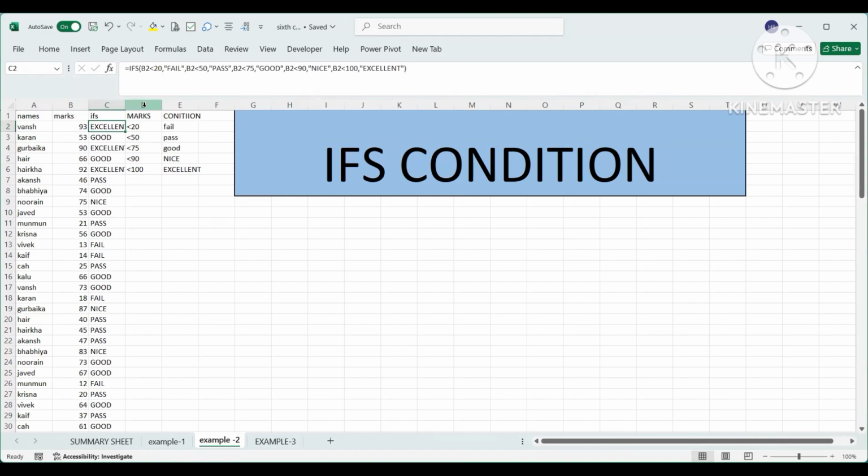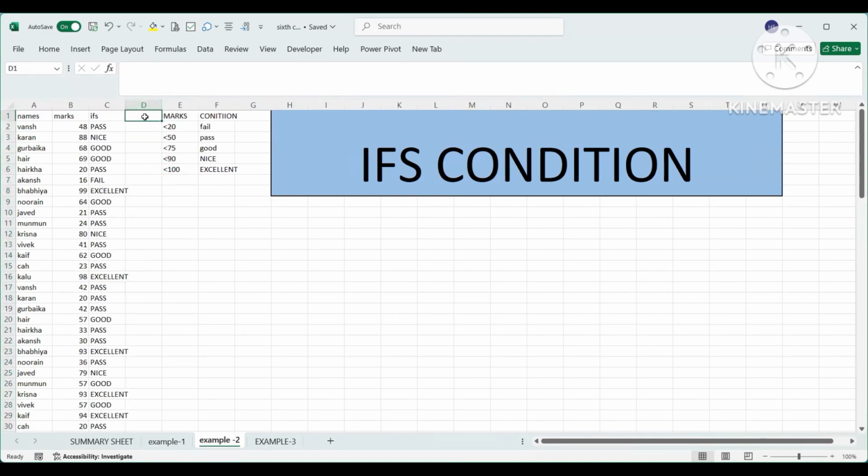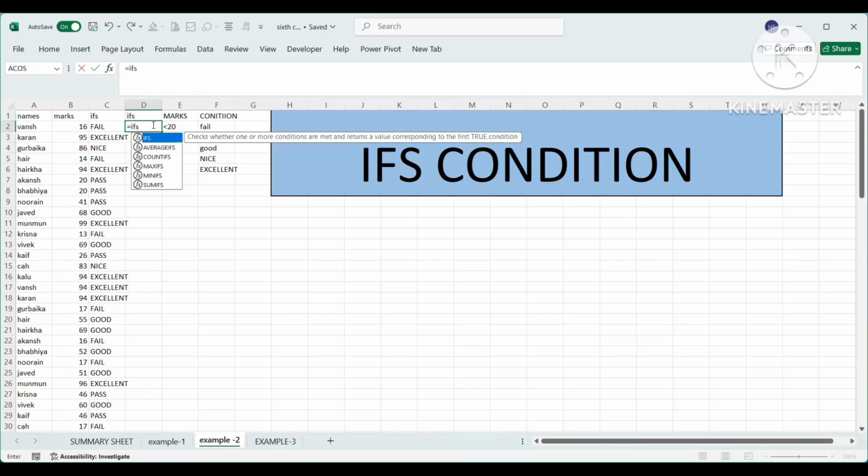Now we are talking about the IFS function. IFS is the big brother of the IF function, used for bigger data and bigger conditions. If B2 is less than 20, give fail, and if B2 is given